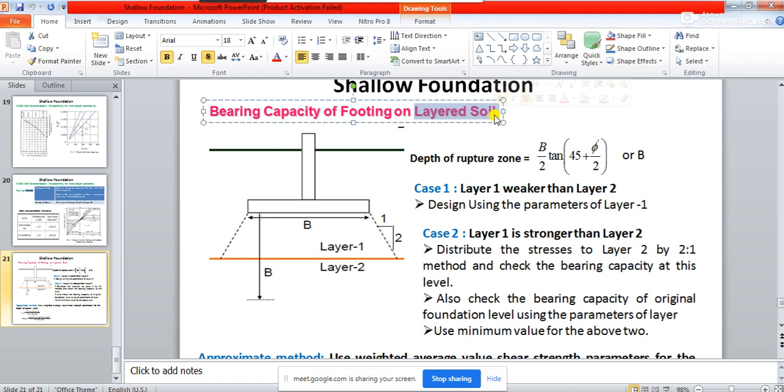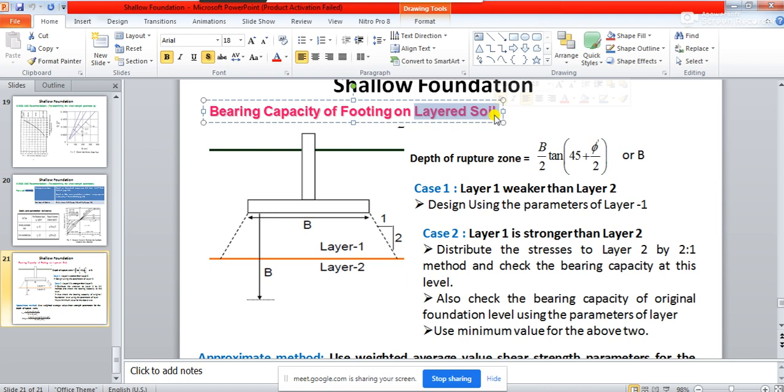similar shearing strength parameters, that is C and phi will be remaining same, because you see, in the bearing capacity equation, what is there? C is there, and phi is coming from the part that the bearing capacity factors are dependent on phi. However, you see, in many cases you will observe,